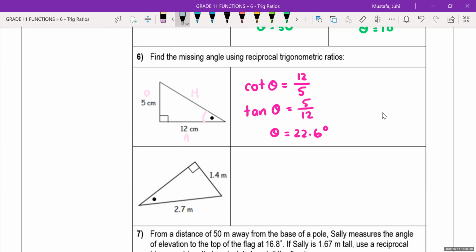Yeah, I honestly know. So this is opposite, and this is the hypotenuse, and this is adjacent. So I'm going to use sine. So cosecant theta is equal to